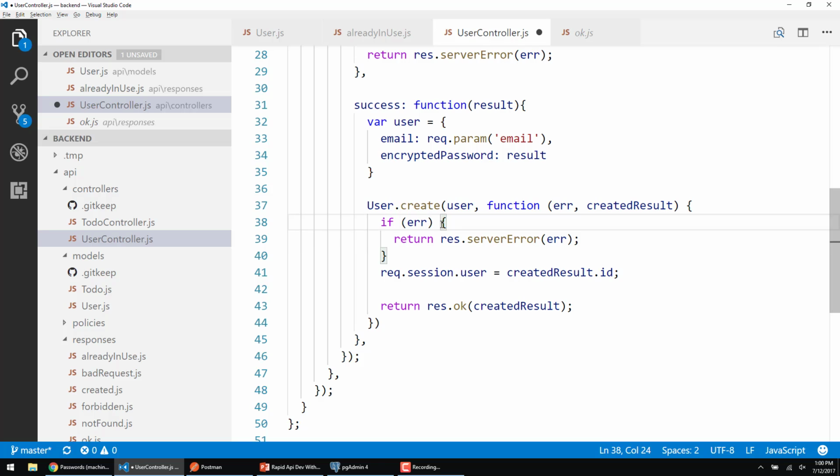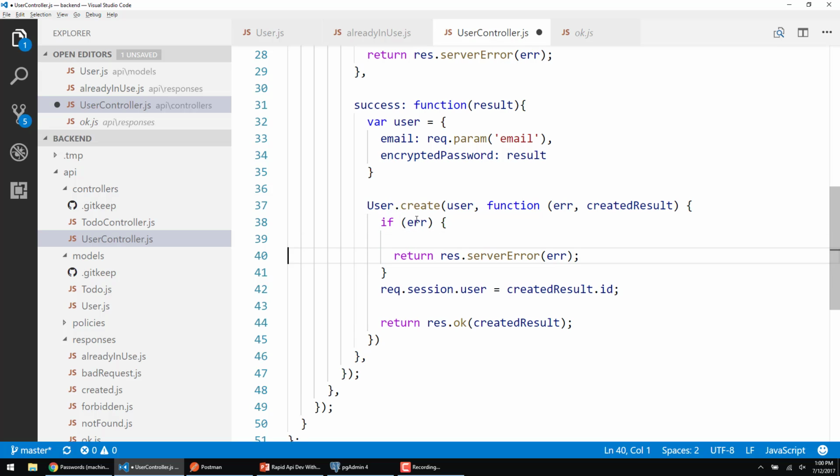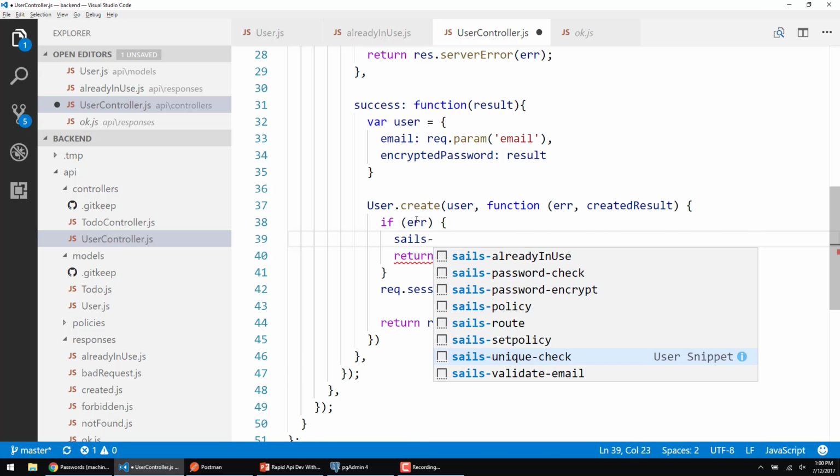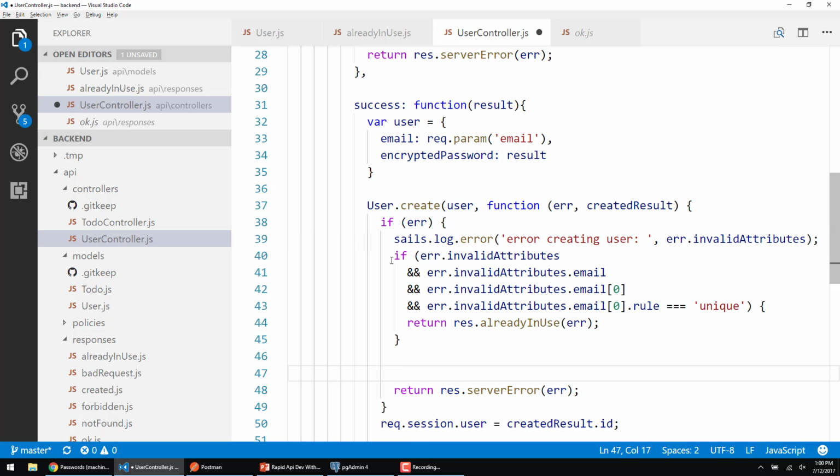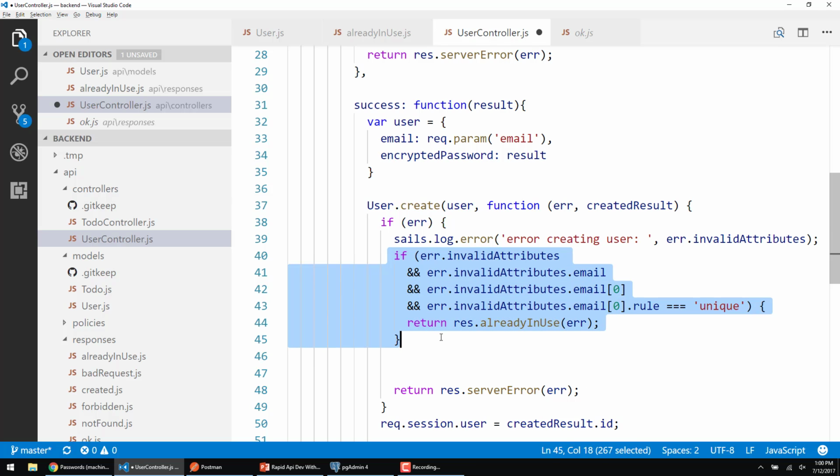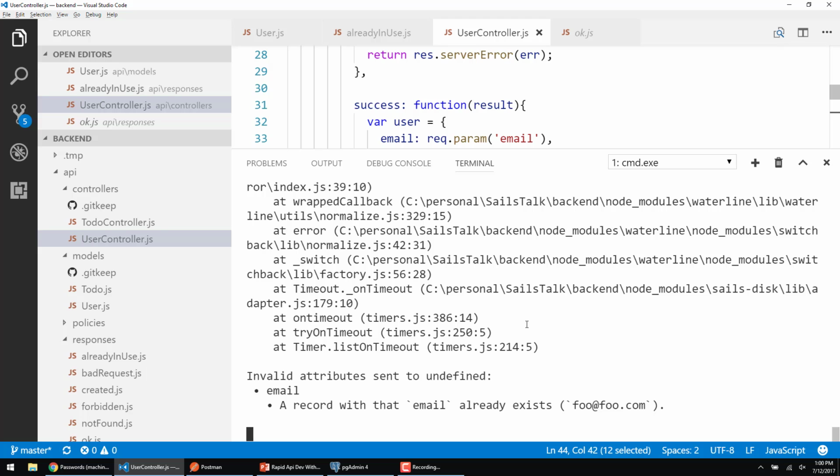So back in the error for the creation, say sales dot, do the unique check, because I never ever remember this syntax. Basically says, look at the invalid attributes, see did the email attribute field fail, make sure I at least have one error message that came back, and then check to see is the rule that failed unique. If so, return our already in use error back. So now this error message